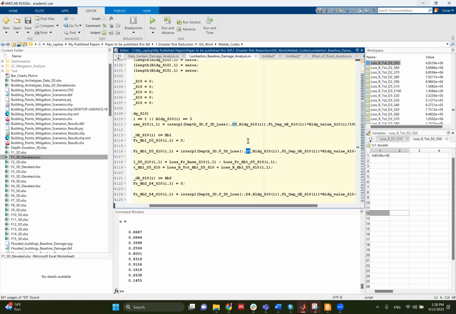If you remember what we did with just the flood barriers, we interpolated at a specific duration for all the buildings. But right now, we can change the duration. We can change the duration to 10 days, to 6 days, to 4 days, or to 1 day, right? So that's what I did here. Once I'm done,